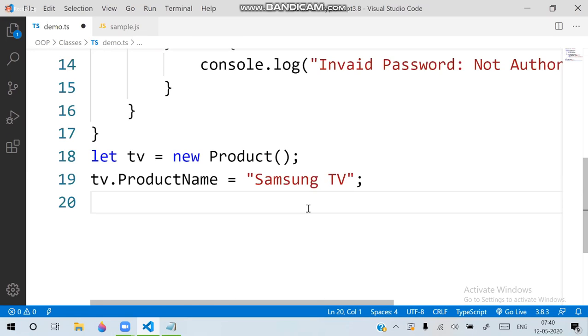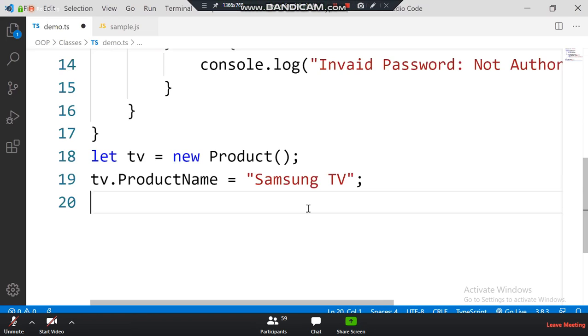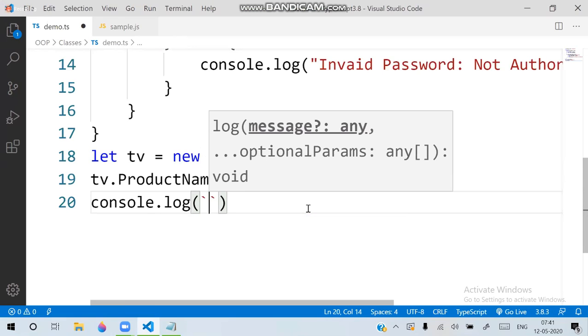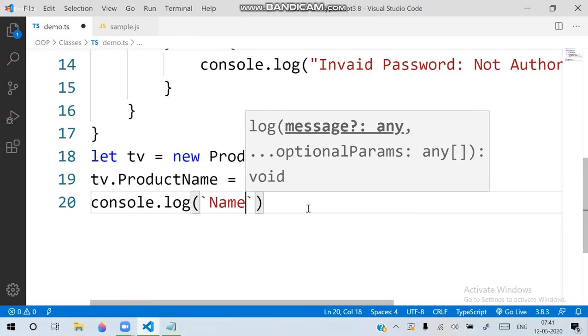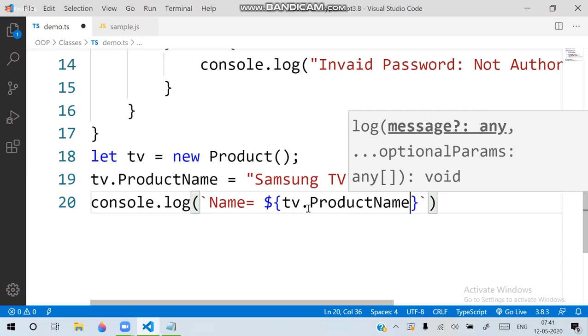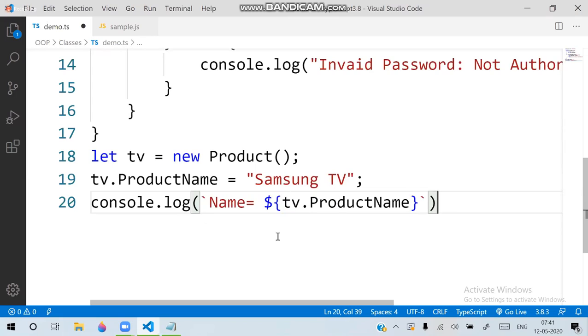Now here we want to print the value. That means if the value is defined, I need to print the value. Then console.log, so here we are printing name is equal to ${tv.productName}. And important is if it is not accepting, then it should not print these details. That means this should be printed only when the name is accepted. If it is unauthorized, it should not print. So if you leave it like